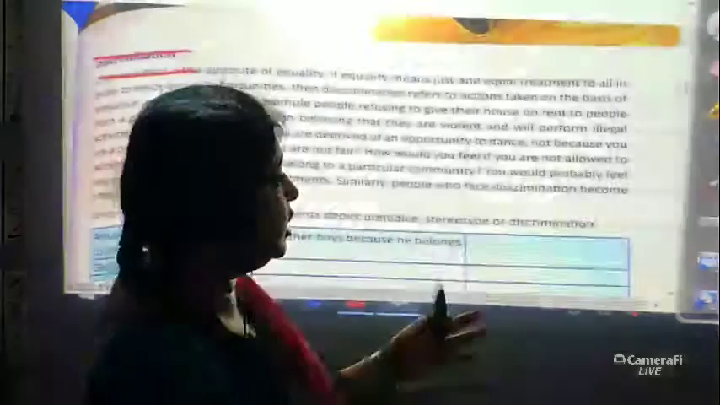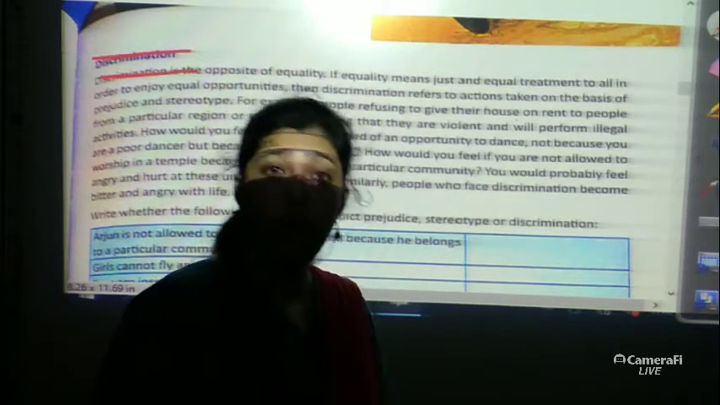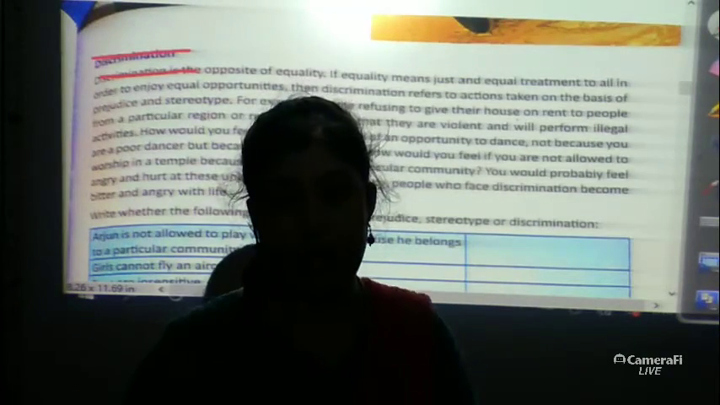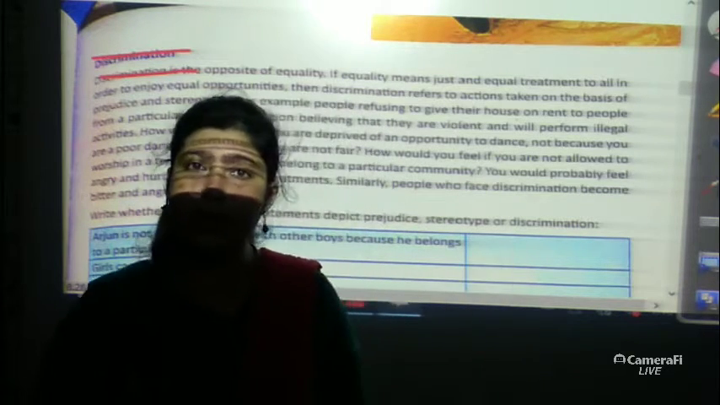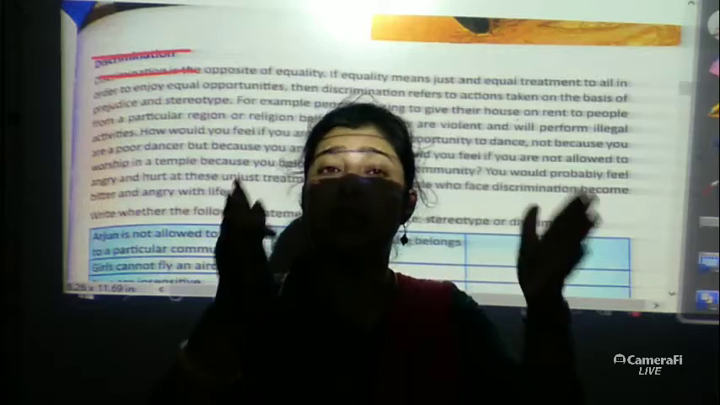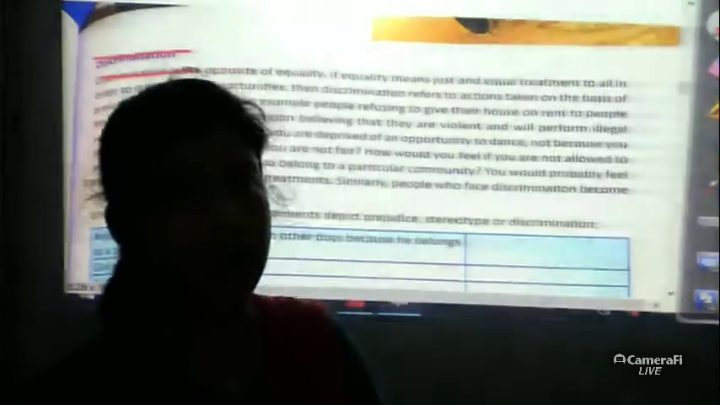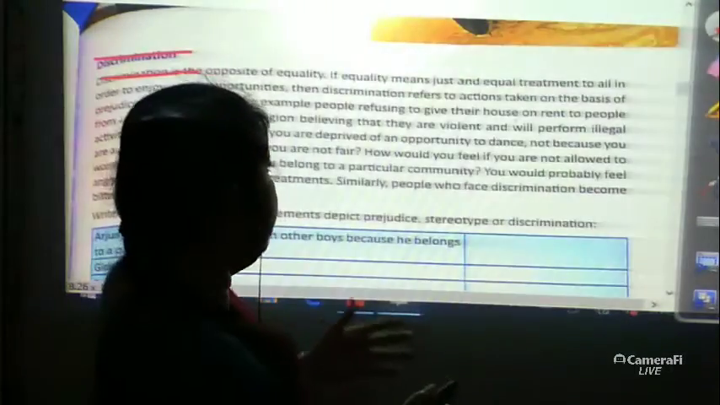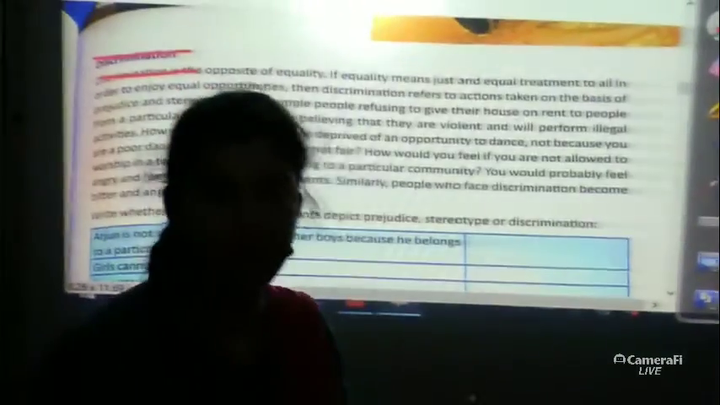So if equality means just equal treatment, that means everybody is equal, like before the law. Whatever you think, all are equal, boys and girls are equal. Basically they are human beings. My language is Bengali, another language is Hindi, so it doesn't create any problem, we all are equal. If we keep in our mind that we all are equal, then it never creates any problem. But when discrimination comes, it is on the basis of prejudice or